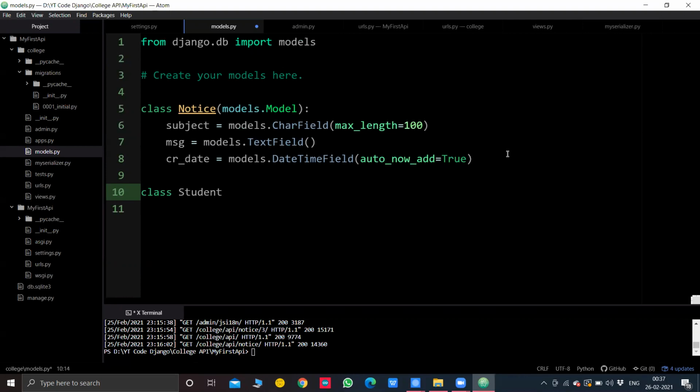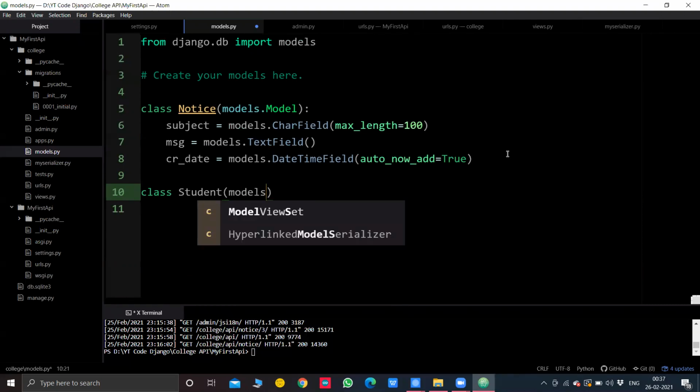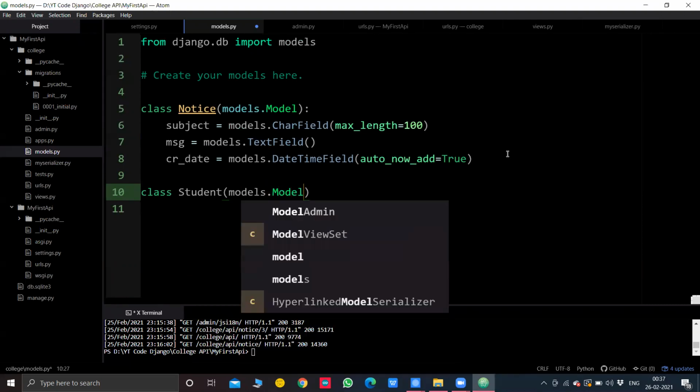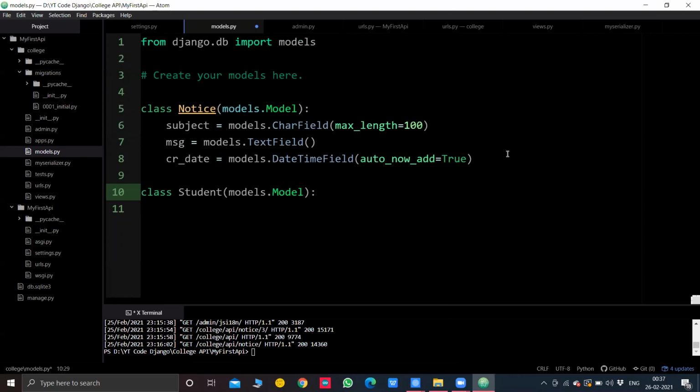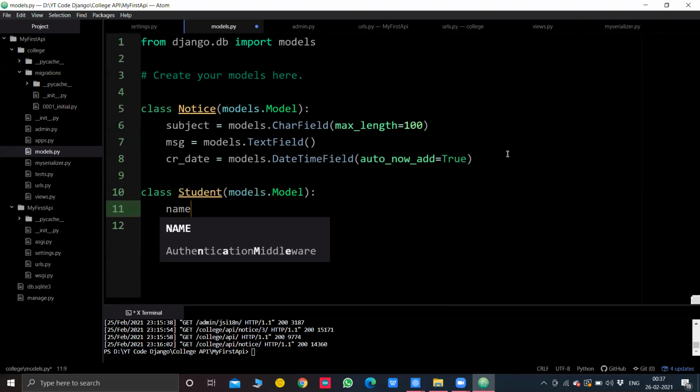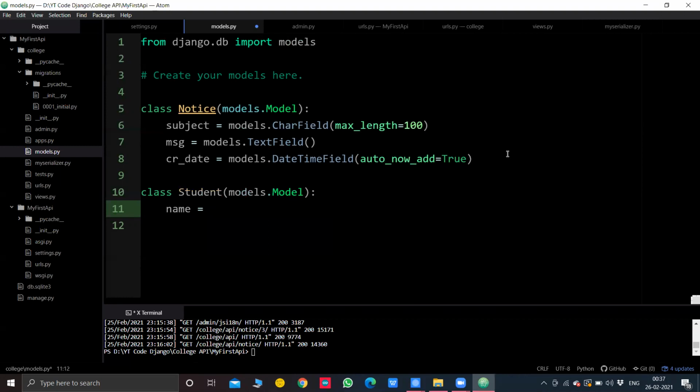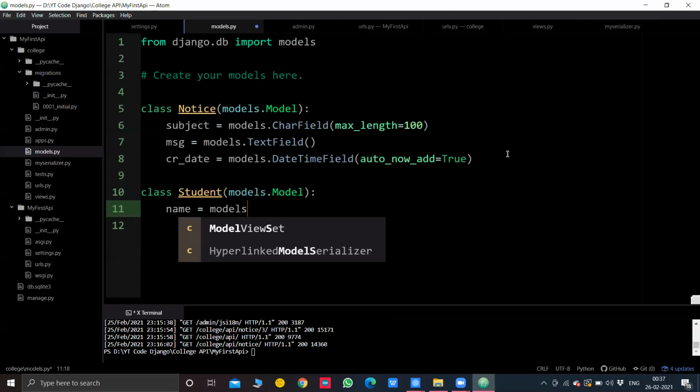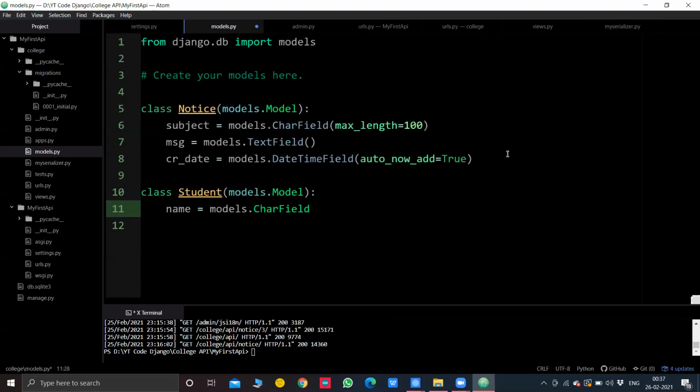I'll name it student, and inside that, again the same syntax as above, models.Model, and inside that I'll just mention the name of the student, models.CharField, and again I'll put max length as 100.